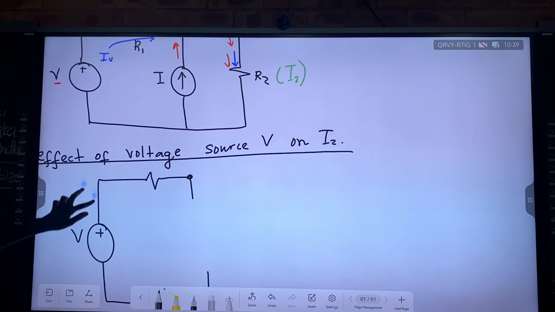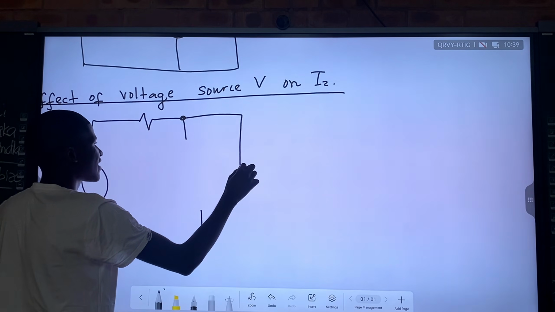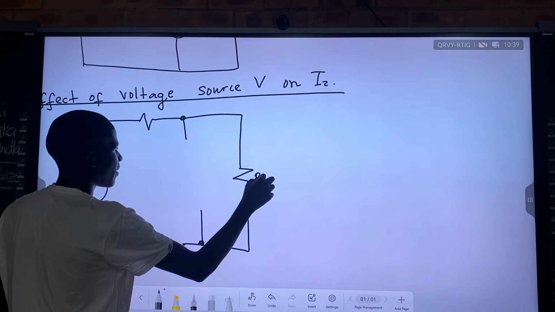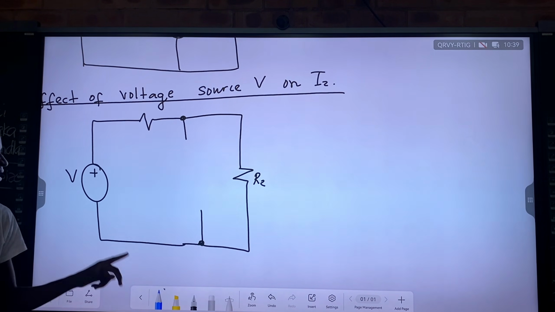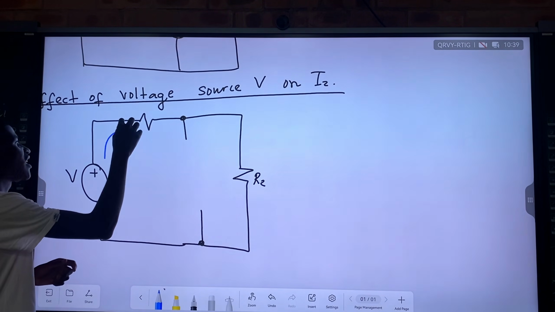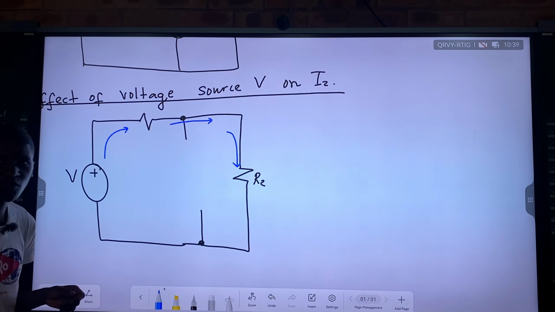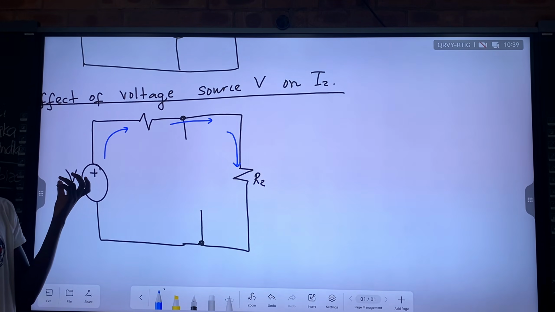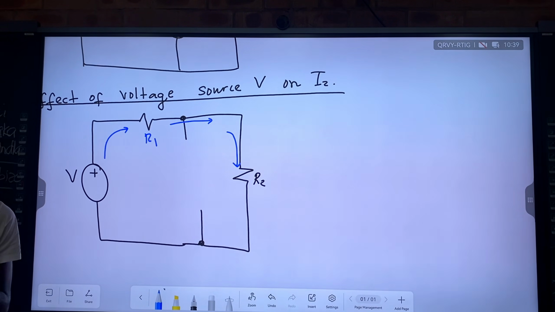And then here we still have resistor R2. We still continue with our resistor R2. We didn't disconnect it, but it's now resistor R2. So the current that we are considering here is the current coming from the voltage source straight to the what? To the resistor R2. So in other words, we are trying to say at this point the voltage source is in series with R1 and with R2.